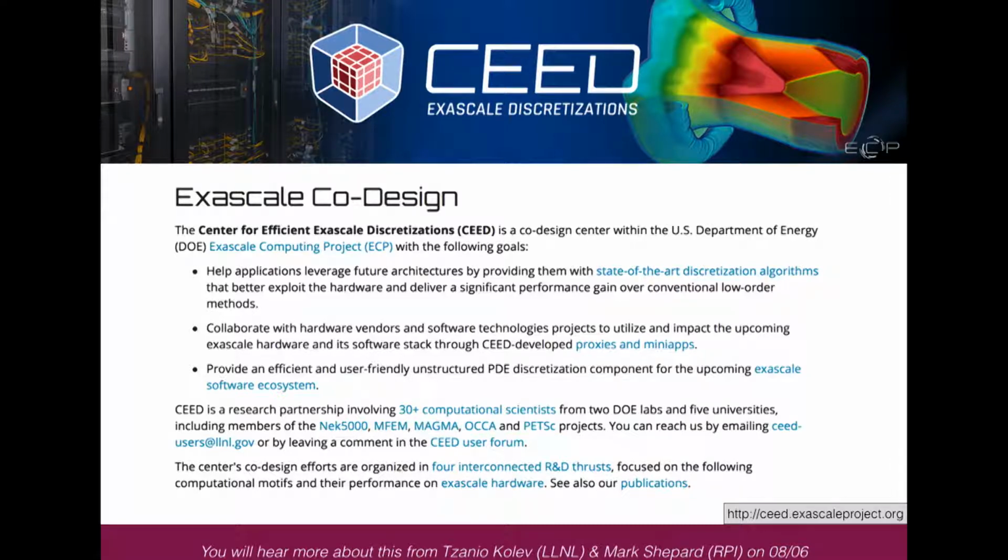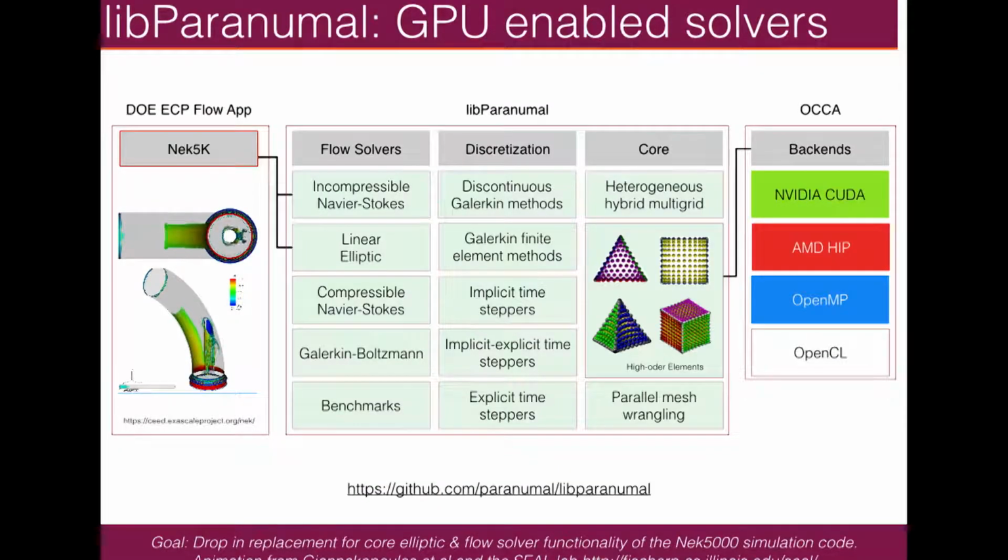Currently, we're part of a DOE exascale center where we're trying to help upgrade DOE finite element solvers to work on exascale. So this is a huge project, and we're one part of it. And what we've done is we've taken some existing finite element codes. So this is an example, it's the NEC 5000 code. We've basically created a whole new engine that does incompressible flow simulations, compressible flow simulations, gas dynamic flow simulations with bang up-to-date technology in terms of approximation, in terms of discretization,